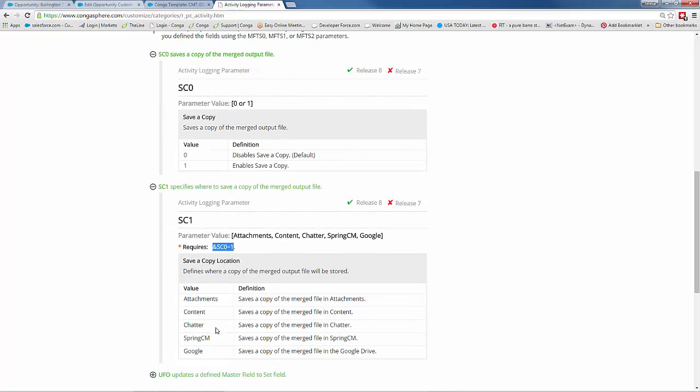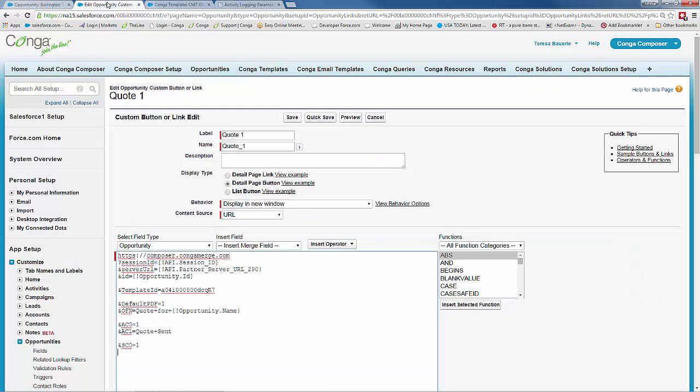Sorry for the confusion on that. So we'll go back quickly, and I'll show you how we can just quickly edit that. And actually, that is correct. So SC0 equals 1. And then below, we're going to do